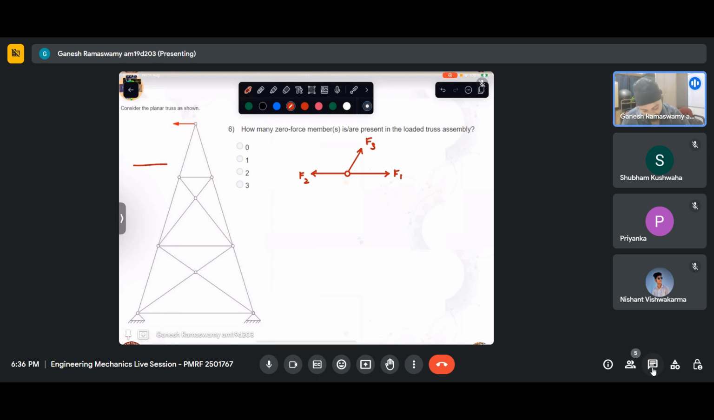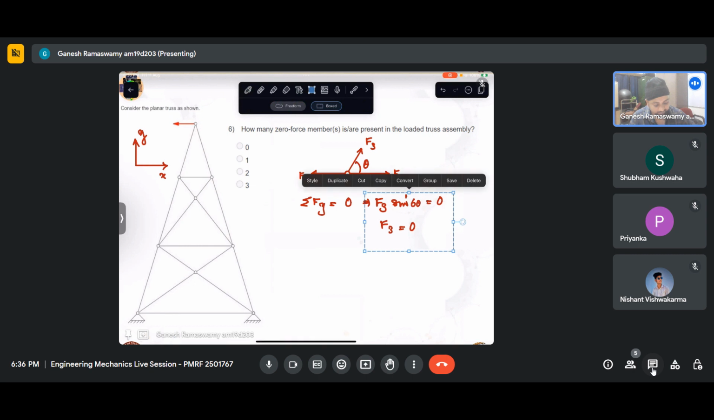And let me say that this is the xy plane. So if I call this angle theta, some general theta. So sigma fy equal to 0, if I do, it will give me F3 sine theta equal to 0, which gives me F3 equals 0. So we need not go through this exercise. We can clearly conclude something based on this, that if there is a joint which has three members connected, out of which two are collinear, and it should be free of any